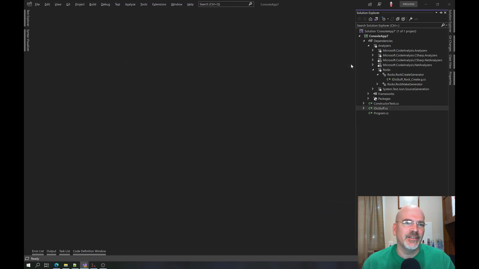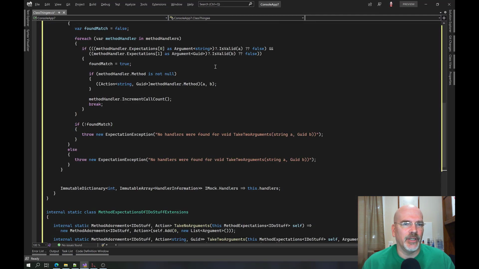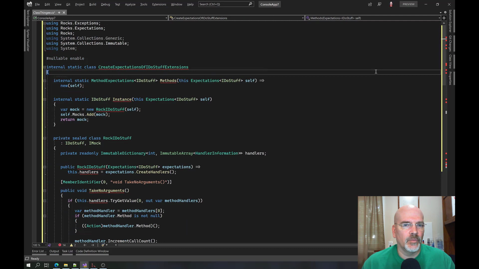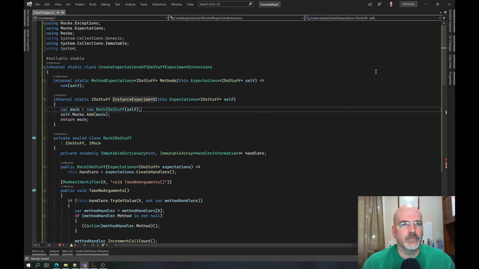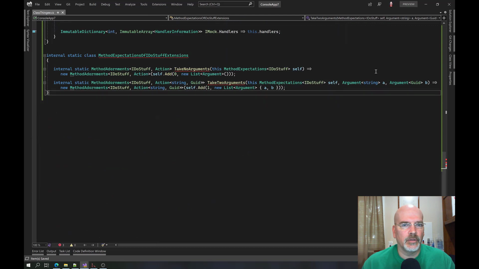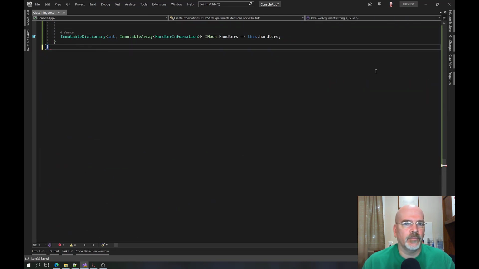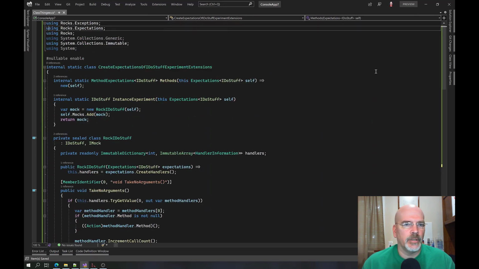Thingy. It's a Sunday morning and I don't have a lot of brain cells going right now. Okay, so we're going to say I do stuff experiment extensions. And then again, instance experiment. That should shut everything up except down here. Oh, that's right, because we don't need this. That's okay. So now what we want to do